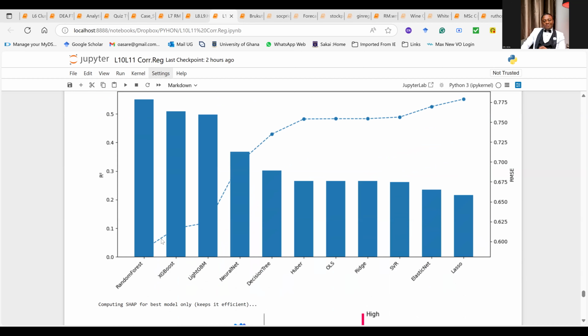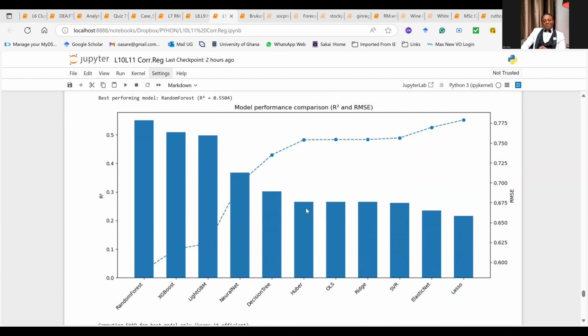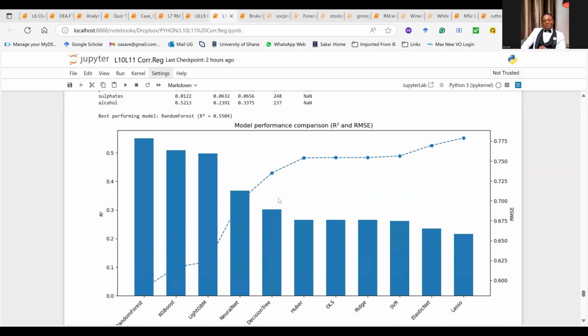This is an interesting graph that you can show because most of the time they put all the errors together and separate the errors from the R-squares. So most of the time R-square is standing on its own. But there's another graph where you can measure R-square relative to the root mean squared error.